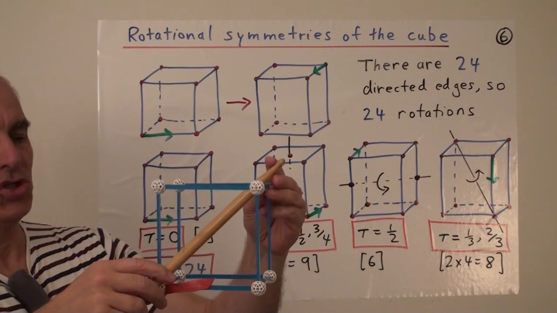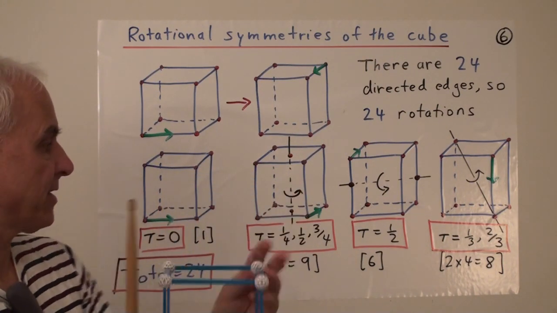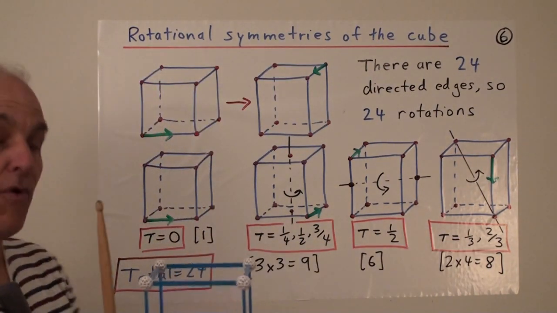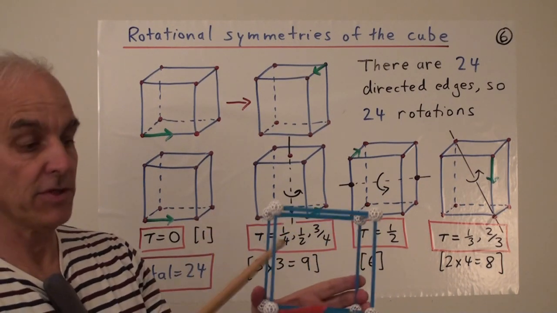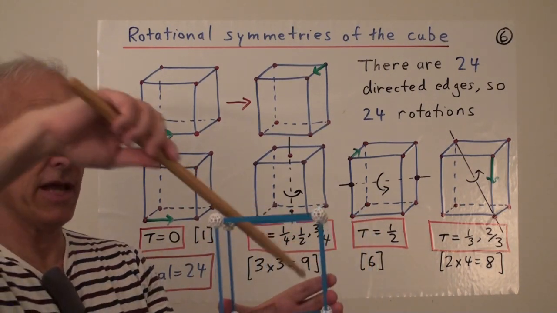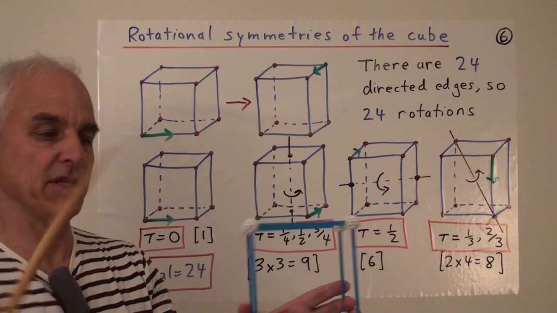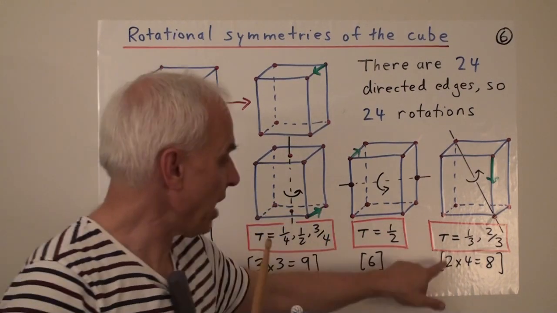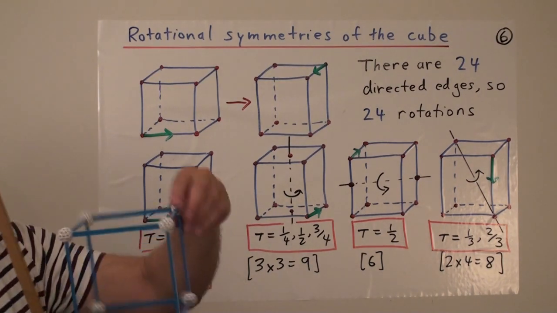Okay, so there's two possible such non-zero rotations for each of the axes, through turns of 1/3 and 2/3. And there are four such axes. There's that pair of opposite vertices, there's that pair of opposite vertices, there's that pair, and there's that pair. So one for each one of these top vertices, if you like. So altogether 2 times 4, or 8 possible rotations of that kind.